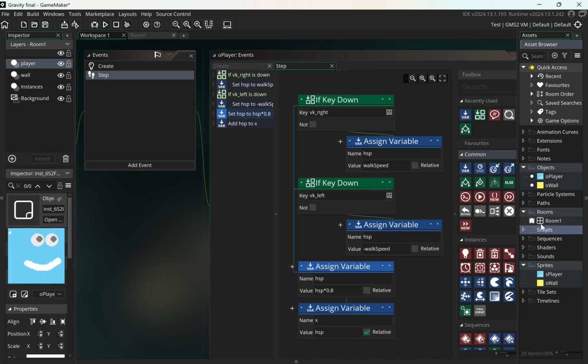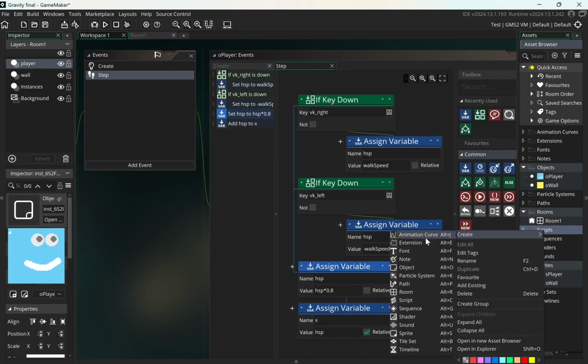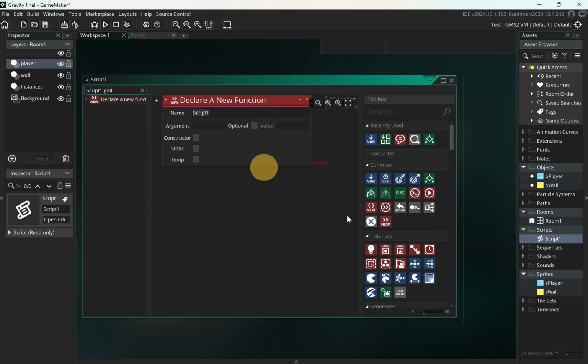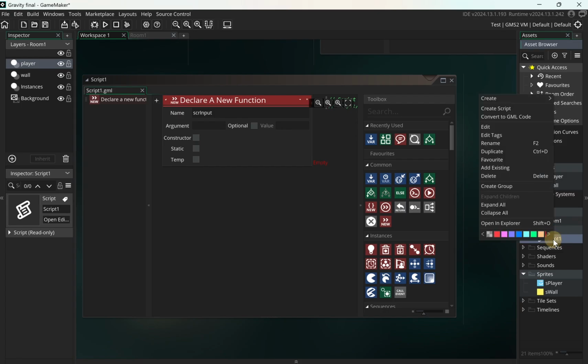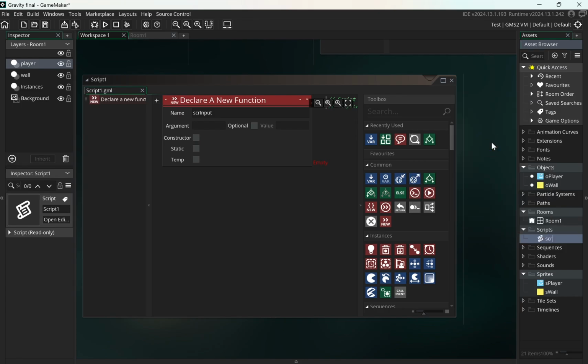So if I right click on the scripts folder and go to create and then go down to script, which is here, and what we're going to call it is SCR input. So this is my script for input. Now by doing that, there's something I need you to be aware of here. The name you give it is actually the name of the script, because you can see here the name of the script is down here and it's just called script 1. So what you need to do is make sure you name this part first, right? So if I right click and go to rename SCR input,